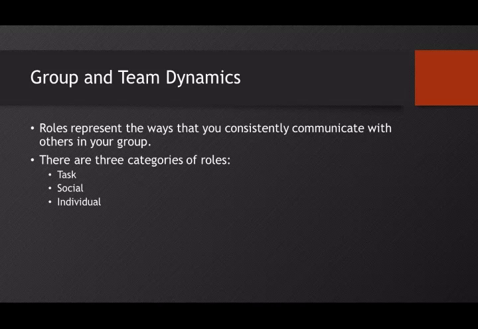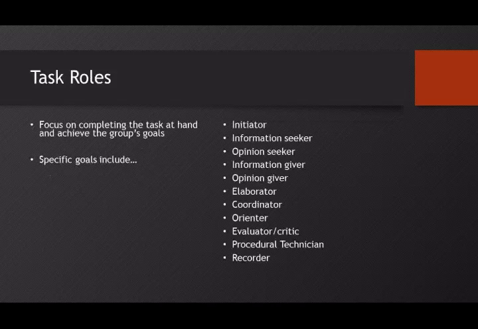So when you think about individual roles, don't think of it as just a person taking on a single role. Individual roles really refer to the individual as having more focus than the group. So when an individual focuses on him or herself, then you know that they're taking away from the group's goals. So they're considered counterproductive. So I'm going to first talk about task roles. With task roles, you focus on task achievement.